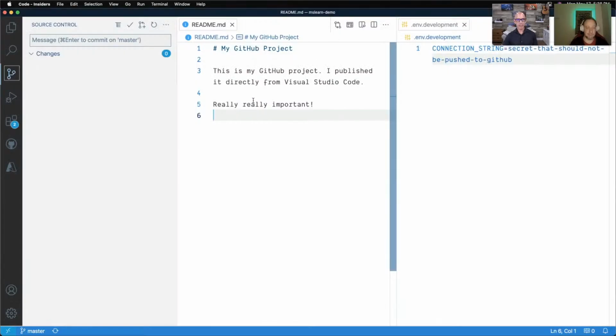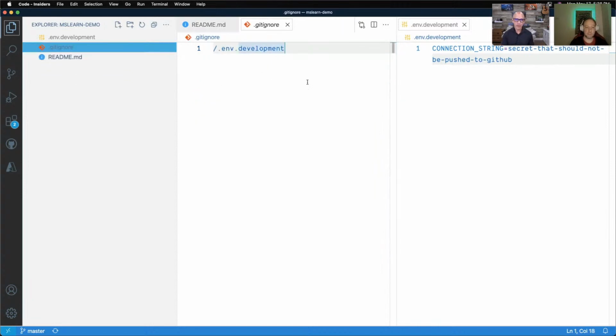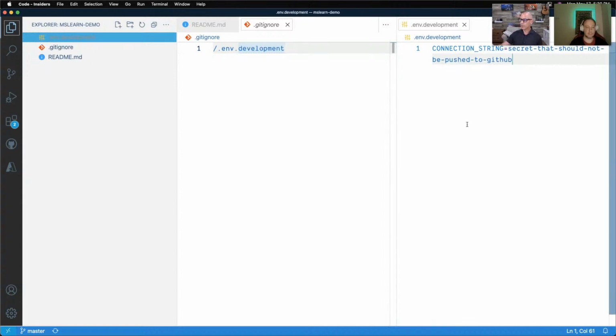So let's go look back in our project and click on the upper left. That's the Explorer. And notice we have a third file. If I click on that third file, it added .env.development. And it did this because we specifically told it, don't push this file up. So it created the git ignore file, which is a convention with GitHub, to say, don't look at these, don't push them up. And that file does get pushed automatically. But it says, this is the pattern of files. So anything with the file name of .env development, which is this one over here, will stay local, but not up into GitHub for you.